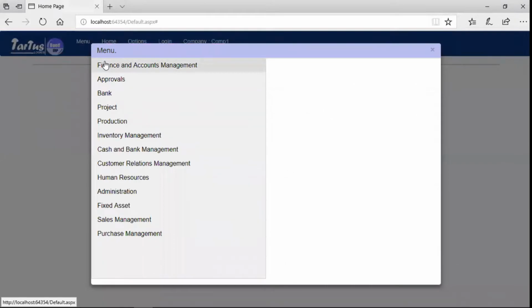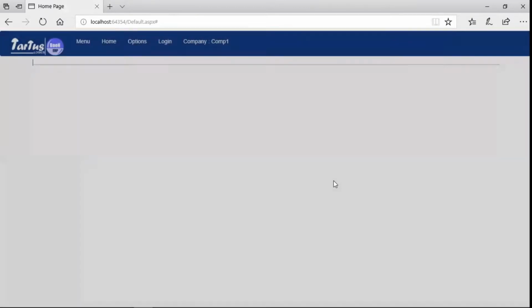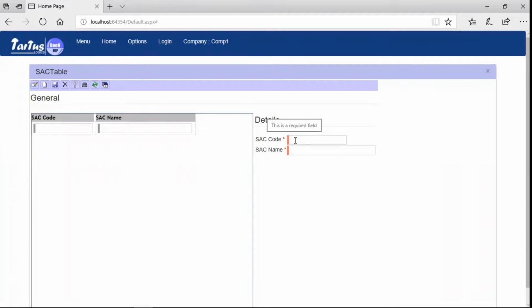Similarly, we will navigate to Finance and Accounts Management, Setup, Indirect Taxes, SAC table. As we already have an item, IT Consulting Service, we will add SAC 998313, Information Technology, Consulting and Support Services.